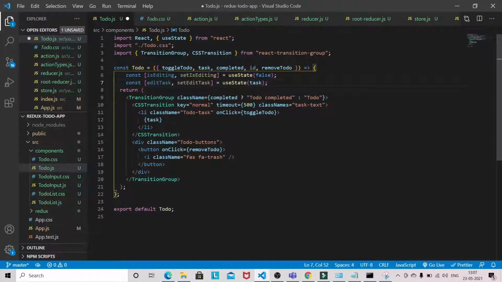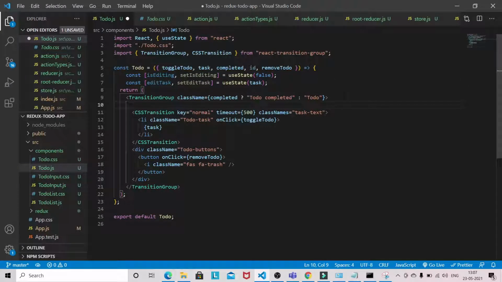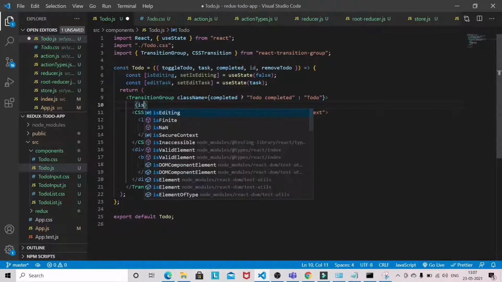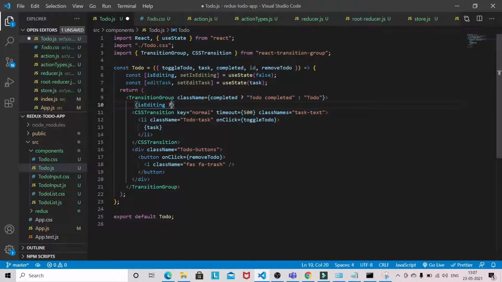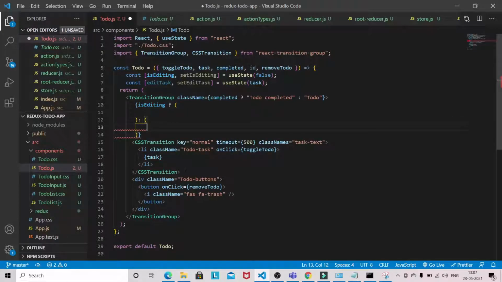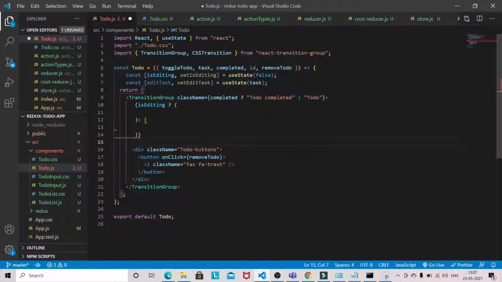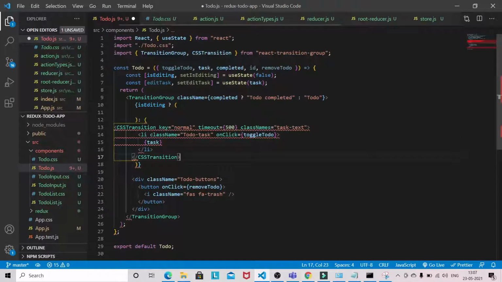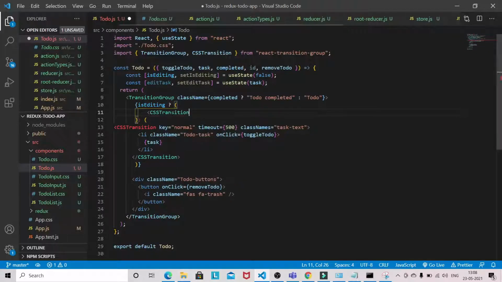Now come down here, and here we will write the logic. If is editing, it means we have to show this, else we have to show this part, the list part. Now if it's editing, here also a CSS transition will be there.